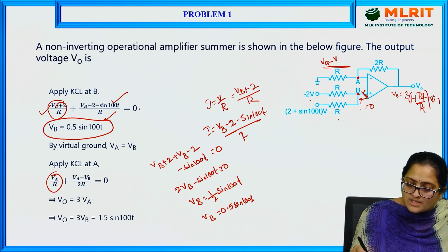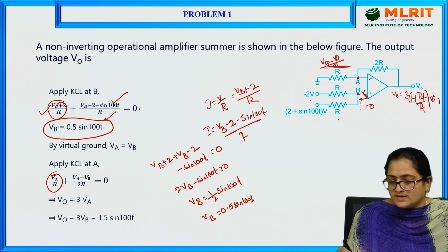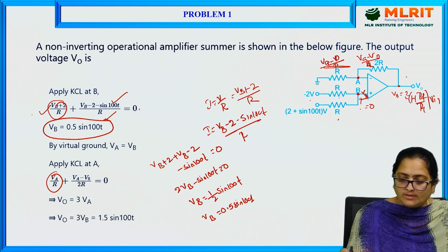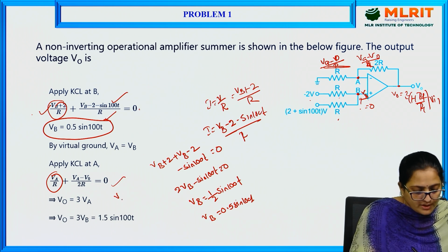And across this it is given as VA minus V0 divided by 2R. This will be equals to 0. So if you solve this, we can write VA plus VA minus V0 is equals to,